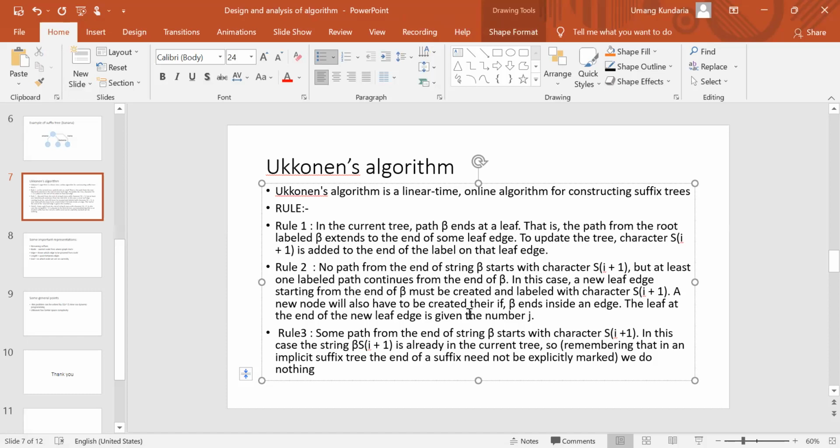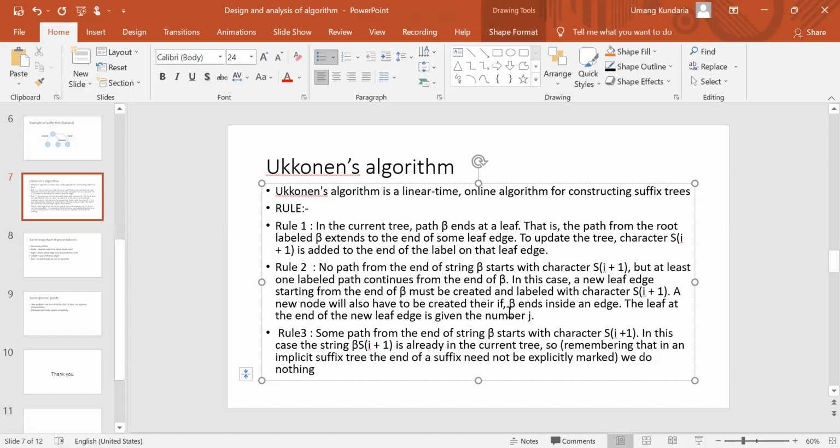A new node will also have to be created if beta ends inside an edge. The new leaf is given by number j.